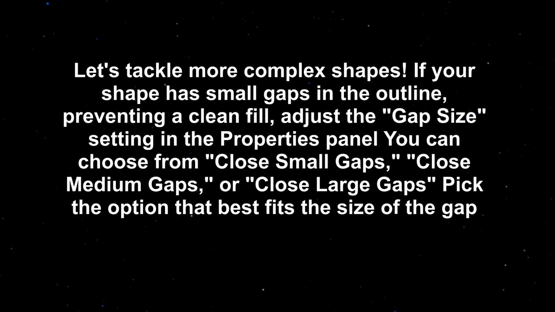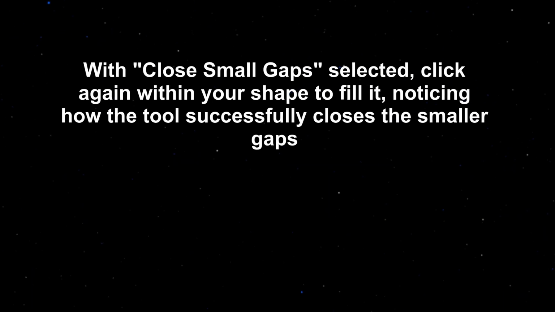If your shape has small gaps in the outline, preventing a clean fill, adjust the gap size setting in the Properties panel. You can choose from close small gaps, close medium gaps, or close large gaps. Pick the option that best fits the size of the gap. With close small gaps selected, click again within your shape to fill it, noticing how the tool successfully closes the